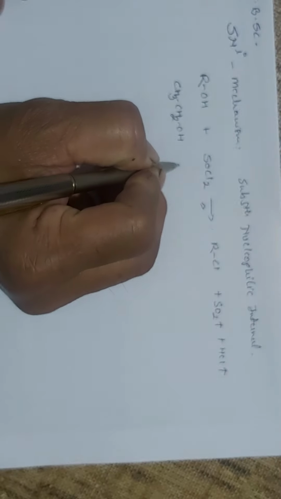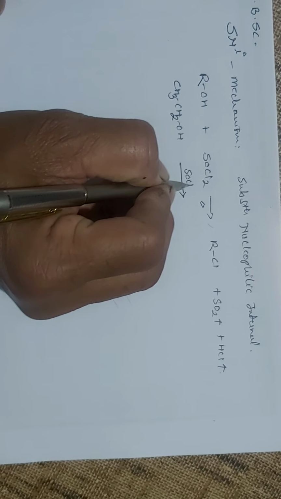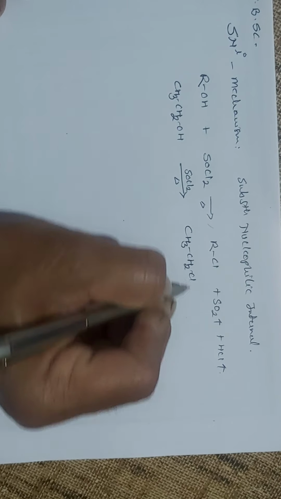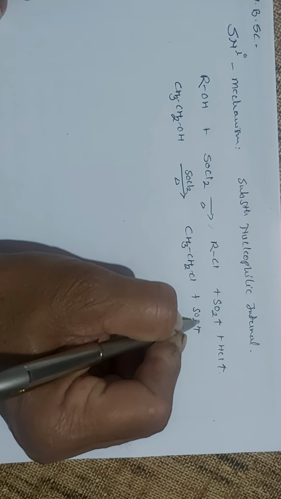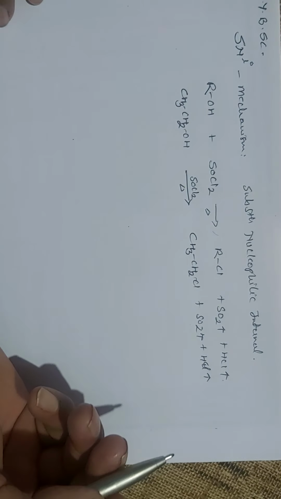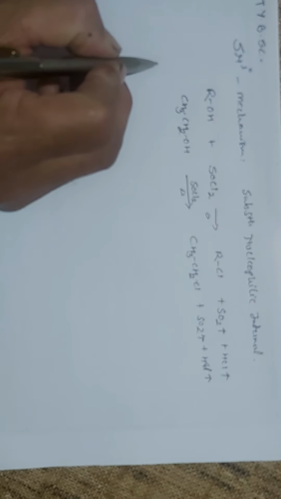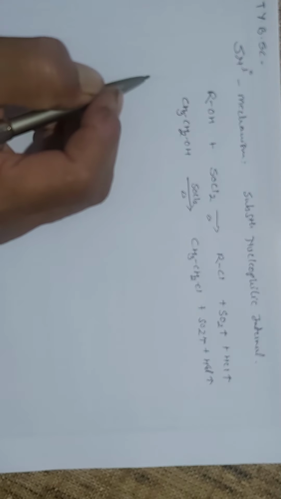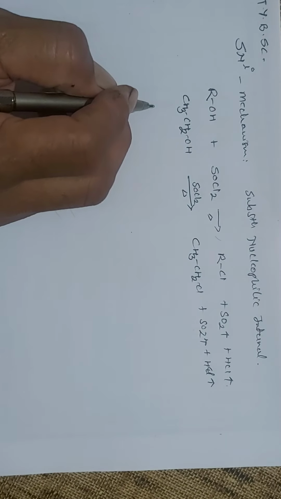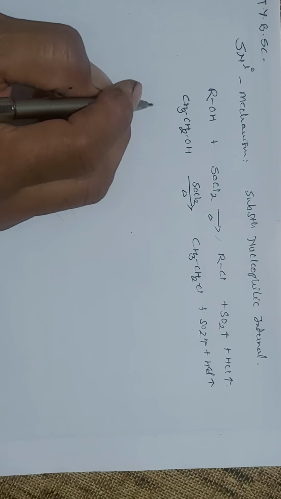So here we can just consider the example of ethanol on heating with thionyl chloride giving the formation of ethyl chloride, and the sulfur dioxide gas is liberated and the hydrochloric acid gas is liberated. So the ethyl alcohol gives you ethyl chloride. And now here we say that the reaction proceeds with retention in configuration. But as the molecule does not have an asymmetric center, we will have to see an example which contains an asymmetric center.